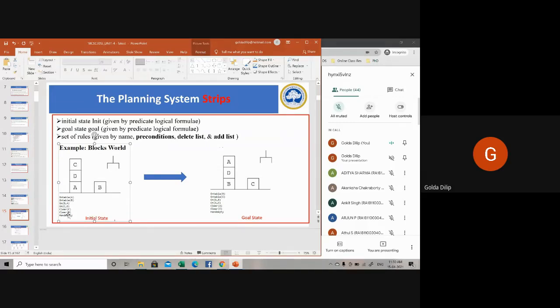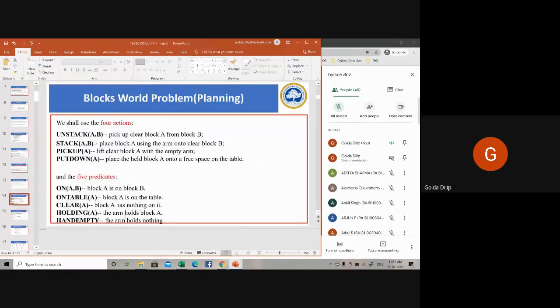Okay, so we need to make use of some operations to move from the initial state to the final state. For this we will make use of 4 actions, so these are the 4 operators given here. The first one is unstack(A, B). Unstack(A, B) means remove one block from another block. A will be on the top of the stack, so that will be removed, and the robot arm will be holding A, and then at the next step it can be put down. So that's unstack, remove one block from another block.